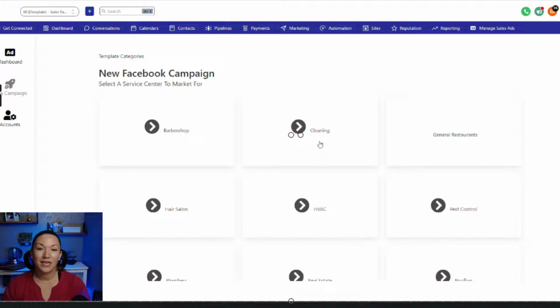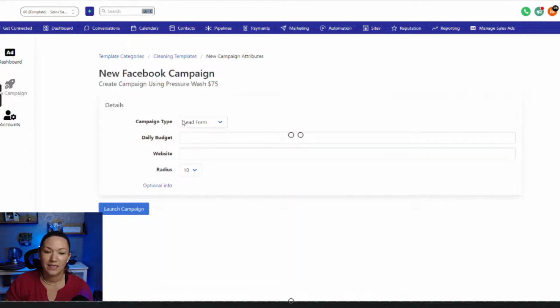Now, every single time we get a new industry or we're getting new customers, we do like to set you up with some ads that are already customized for you. So it does take around 2 weeks for us to create your ad template, create your special, and create all the graphics that go along with it. But essentially you'll have your own little folder right here, and you'll be able to click on it and connect